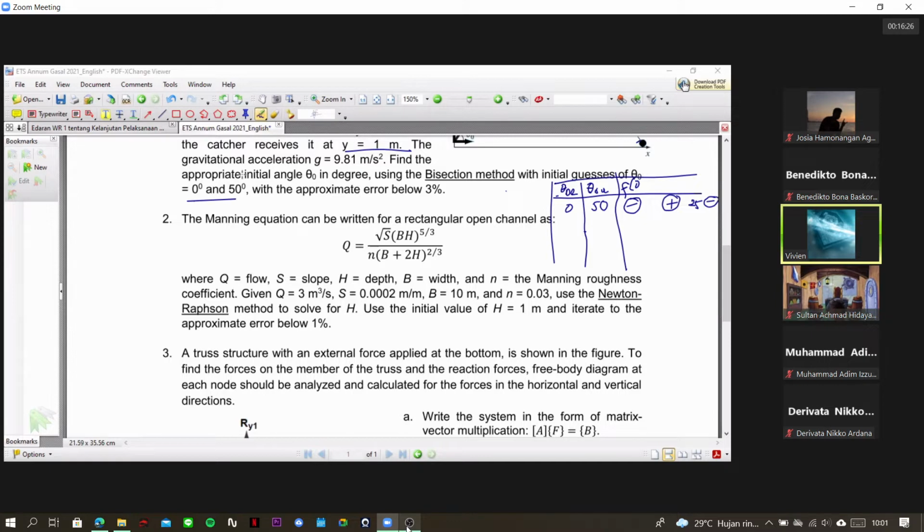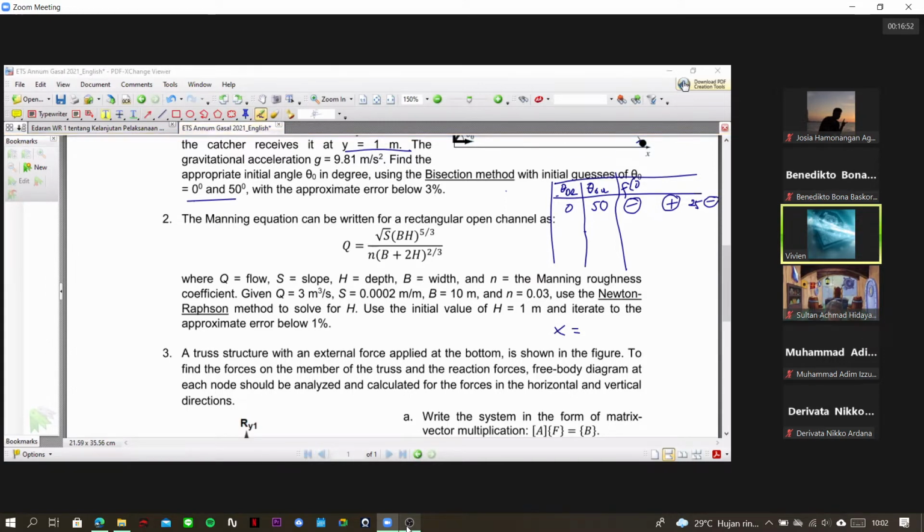So in the Newton-Raphson method, it means that we need to find the gradient. So that the calculation of the new root will be